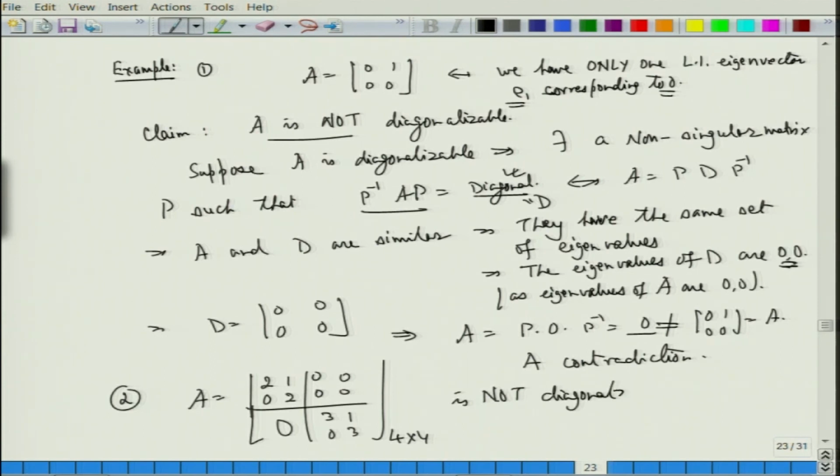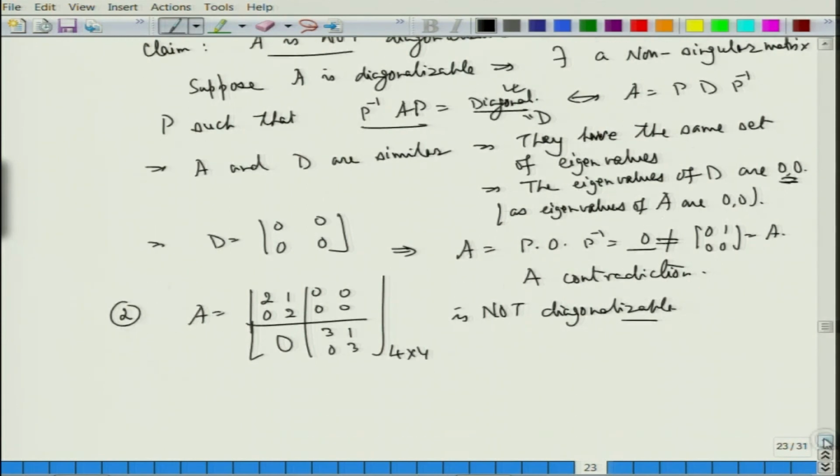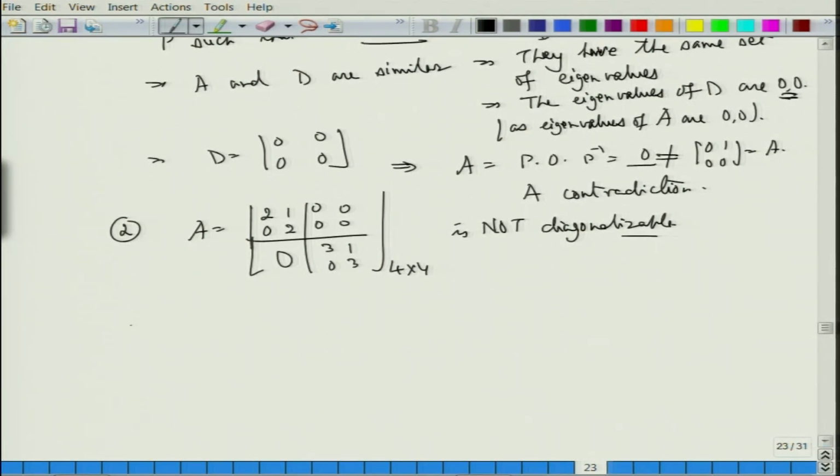So think about why it is not diagonalizable. Try that out yourself. I would like you to also show, though this is a bit difficult, that this matrix A, which is 2, 1, 0, 0, 2, 1, 0, 0, 2, is not diagonalizable,